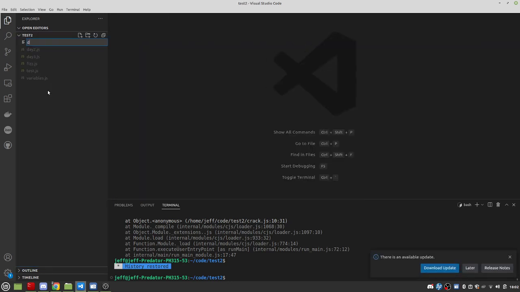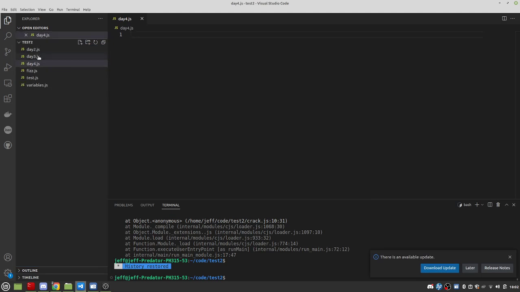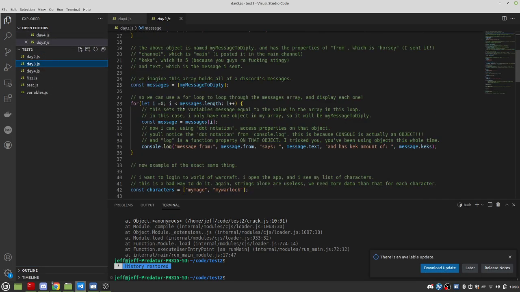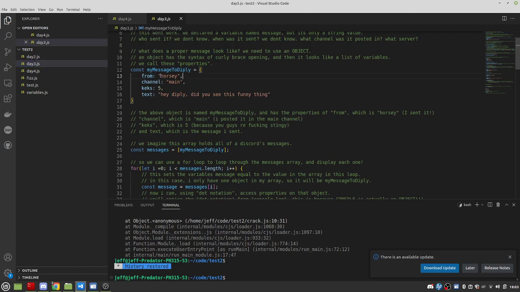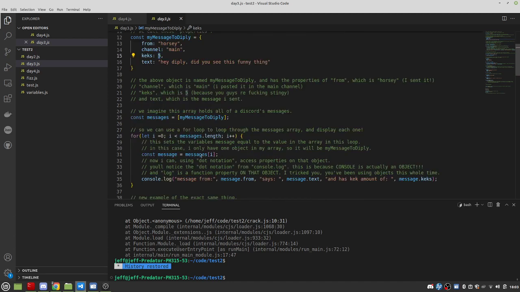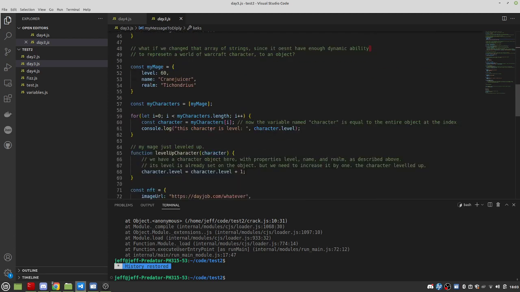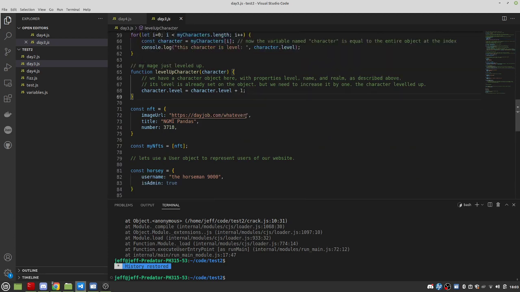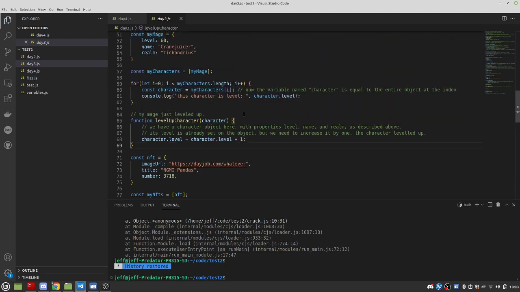Cool. So we'll start off with a brief review of day 3. We learned about objects, and then we kept doing the same thing that we are doing with them. Objects are just a bunch of key value pairs that are stuck together in one place. So instead of saying something is a string, something is an object, and it can have a from, which is a string, channel, which is a string, the amount of kicks, which is a number, and then you guys looped over those and changed properties on them. You logged out properties on them,